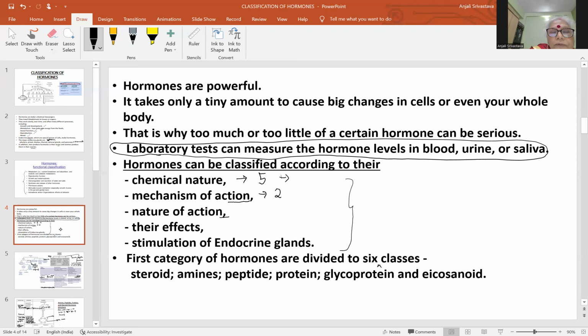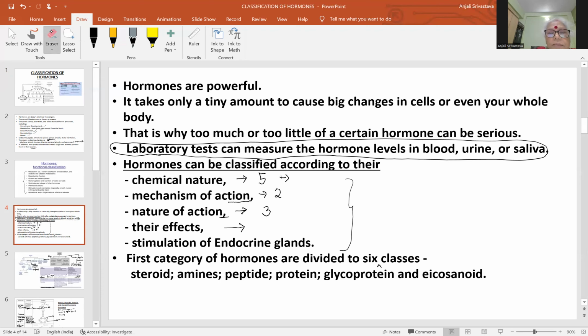Then comes the nature of action. On the basis of the nature of action, which may also be called the place or the surface where they act, there are 3 types of hormones: autocrine or intracrine, then paracrine, and then endocrine. Then on the basis of their effects, how they are affecting the different activities of the body, they are of 3 types, kinetic,